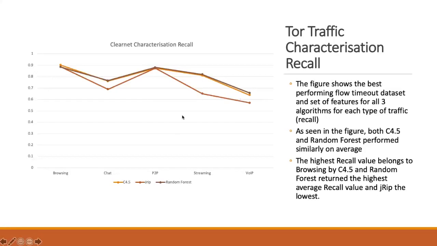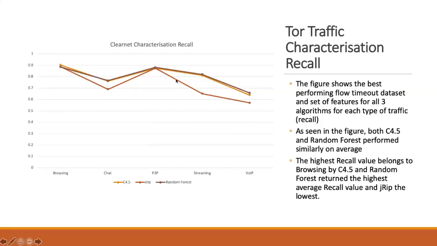Here, the figure shows the same dataset's performance in terms of recall. Both C4.5 and random forest performed similarly on average, the orange and the brown line. The highest recall value is by C4.5 for browsing in yellow here, while JRIP has the lowest recall value in red